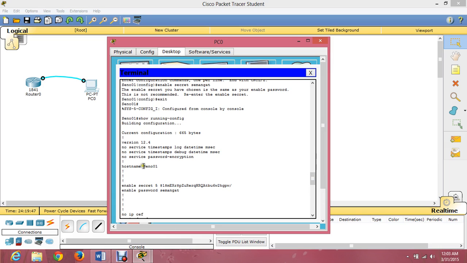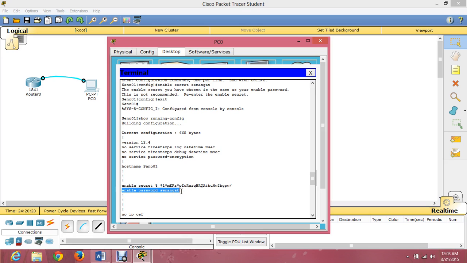This is our router, Seno 01, and this is our secret password that we use to switch from user execute mode to privilege execute mode. It's hard to see, so it is an encrypted password, and the bottom is the old password.